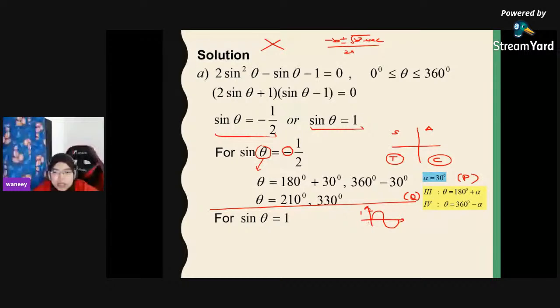This is 0, this is 360. Right in the middle, this is 180. And this one over here, 180 over 2, so this is 90, and this is 270. So in order to get 1, I only have one answer, which means theta should be equal to 90